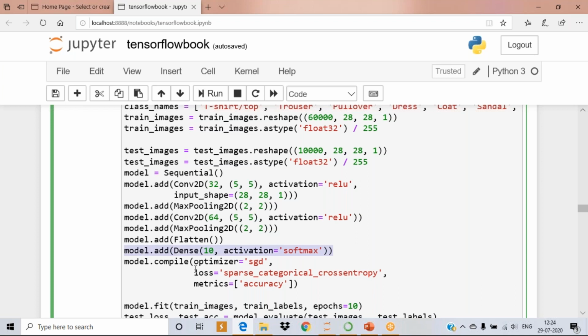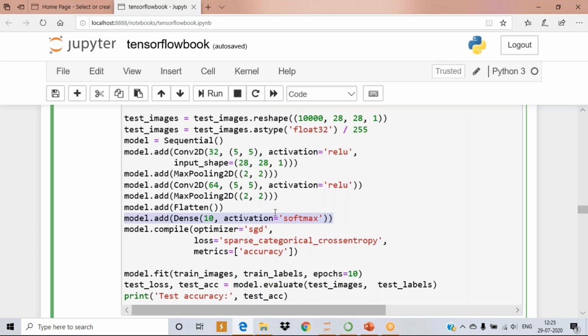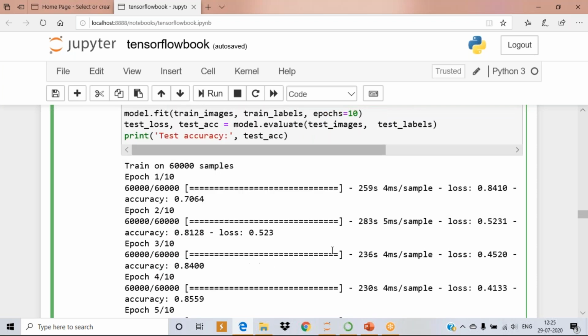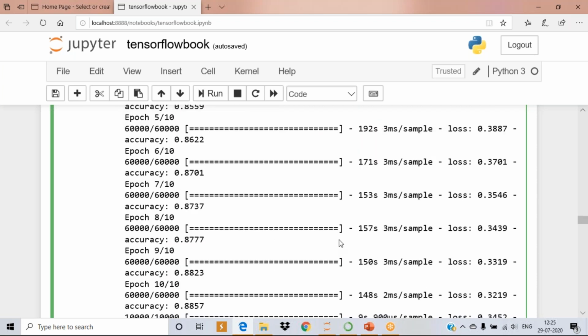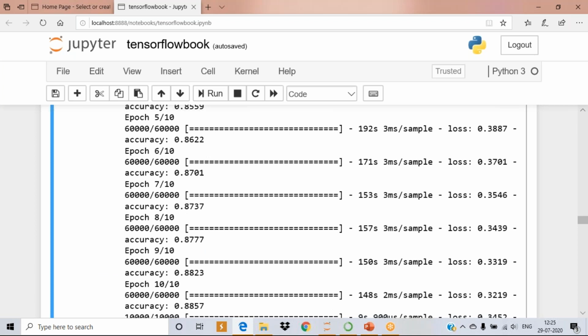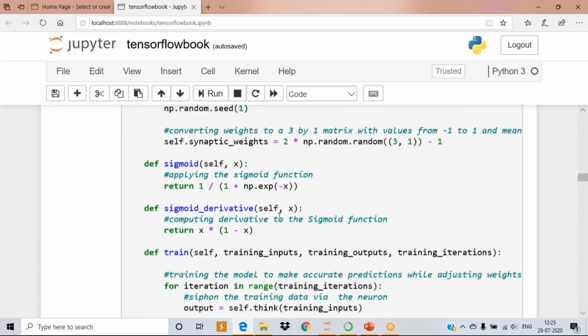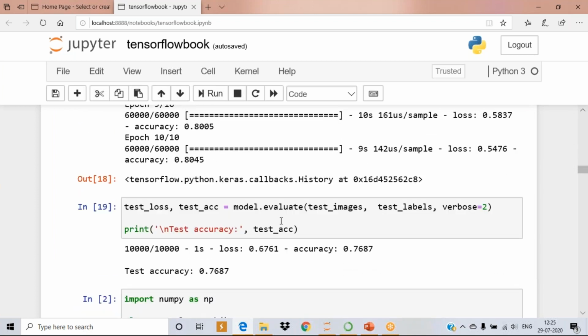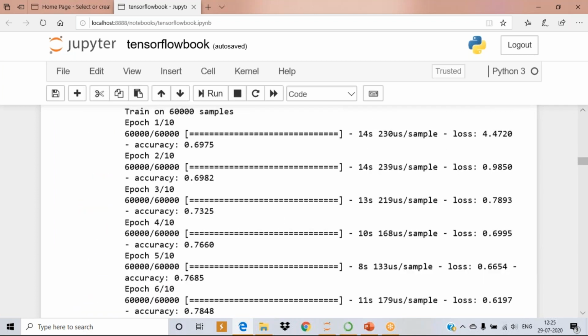As usual, what is your optimizer? Stochastic gradient descent, with loss, metrics, and everything. Again, you go for training with 10 epochs, and finally, you test your images. See how your accuracy is. The accuracy is 87%. What was the previous accuracy without CNN, in your traditional network?